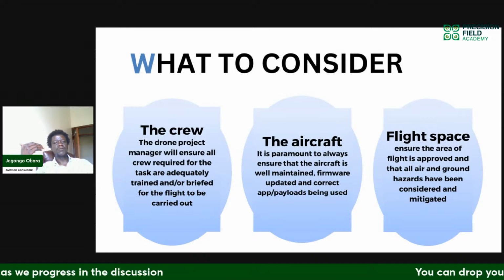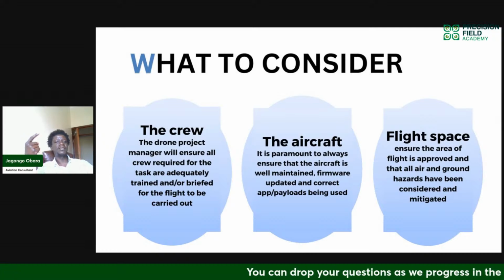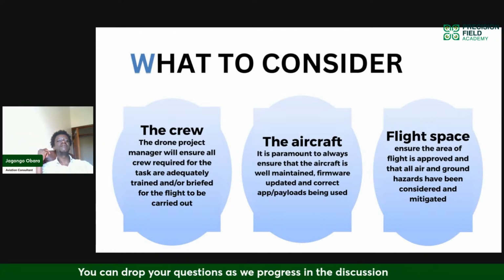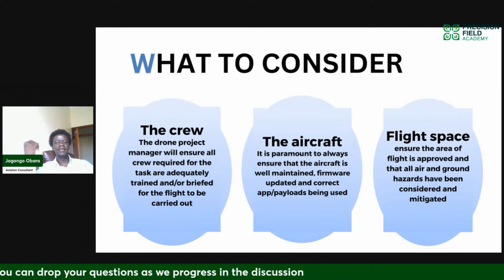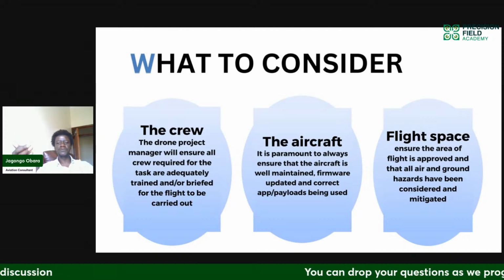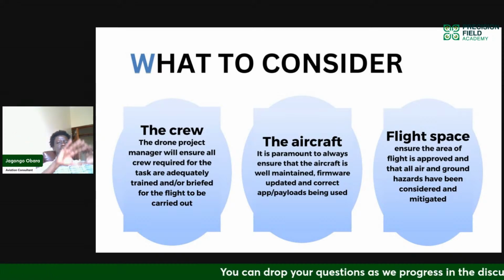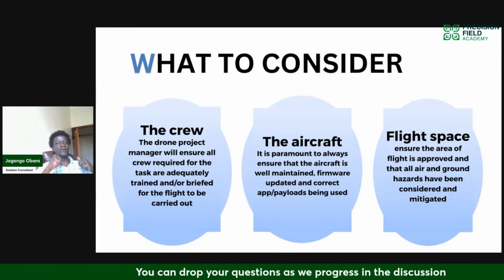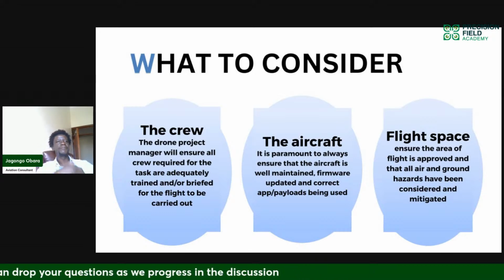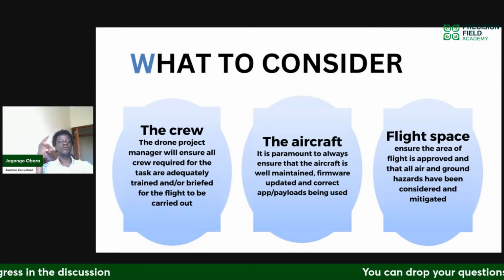So when we look at the crew, this function usually will fall down on the project manager. So the project manager knows I have one pilot called Clifford, and I have another standby pilot called Joseph, and we have one observer called Mary, and we have the CA representative called John, and so on and so forth. So the project manager will have a bird's eye view of everything that needs to be done and will generally coordinate who does what, who's responsible for this, who's responsible for that.